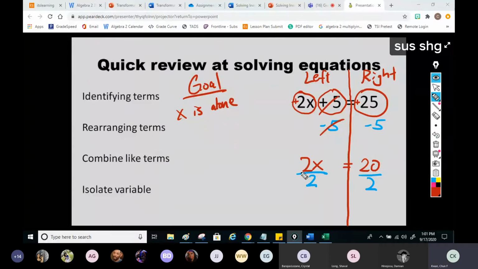2x, 2 times x, divided by 2, they will cancel out. Times 2 and divided by 2 cancel out. You have just the x. Finally, x is alone. And then on the right, 20 divided by 2, that will get you,